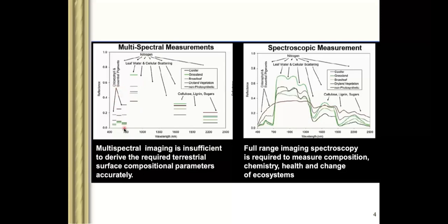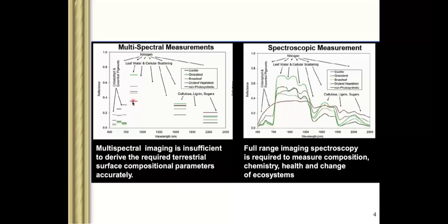If we are getting more information, then we can quantify more things. Like here, we are not able to quantify leaf water, cellular mass setting, or nitrogen measurement, but here we have the data. So we can go for all those parameter estimations also. It means we can do a lot of analysis of plants from biochemical to biophysical to several other levels using this spectral information. Similarly, we can get information about lignin, cellulose, sugars, and so many other things. So these are covered by this hyperspectral imagery, or you can say spectra.